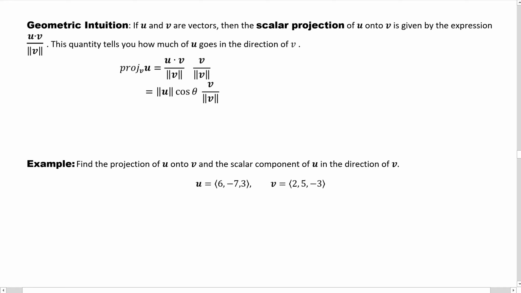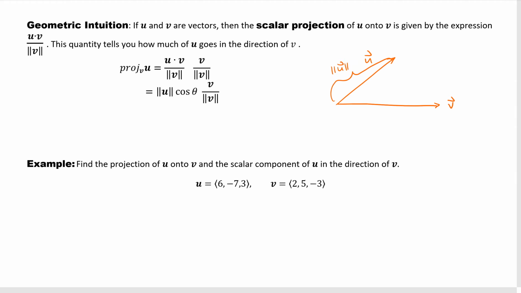Next, geometric intuition. If u and v are vectors, then the scalar projection of u onto v is given by the expression u dot v divided by the length of v. Why is that? Let's draw a picture. We have u here, and we have v here. The length of this one is the magnitude of u, and this is the angle between them. If we write a line segment perpendicular to the vector v,